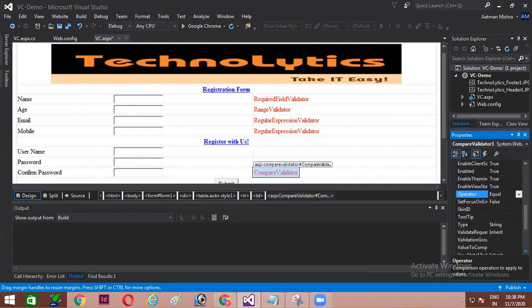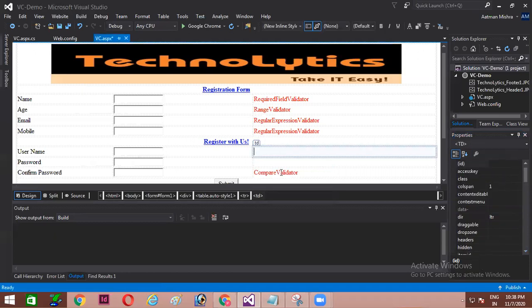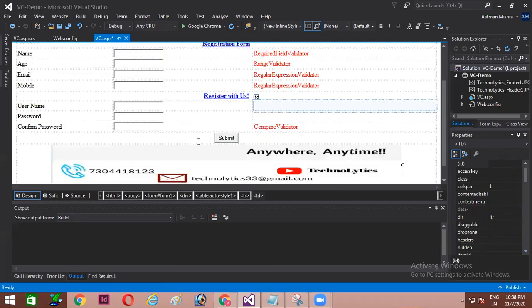Now this is a string type, fine. Validation group and comparison, everything fine. So this is how guys we have used, up till now around four validators: required field validator, range validator, regular expression validator, compare validator.